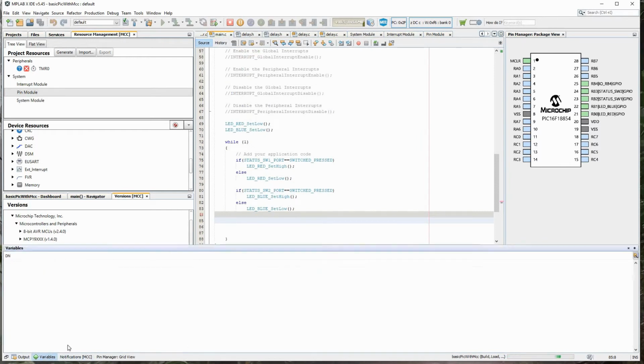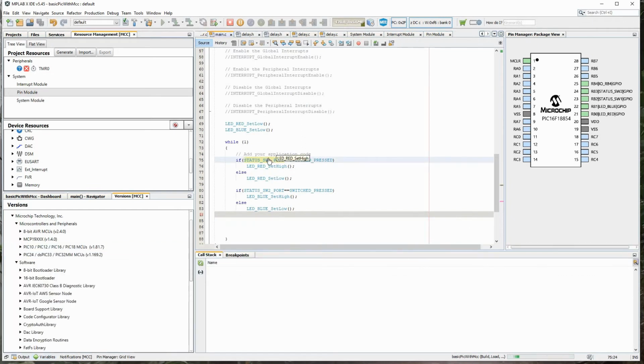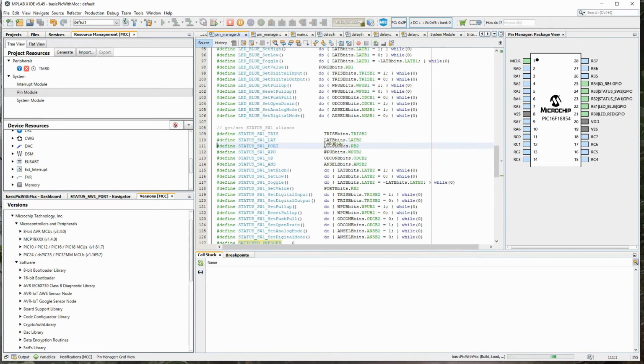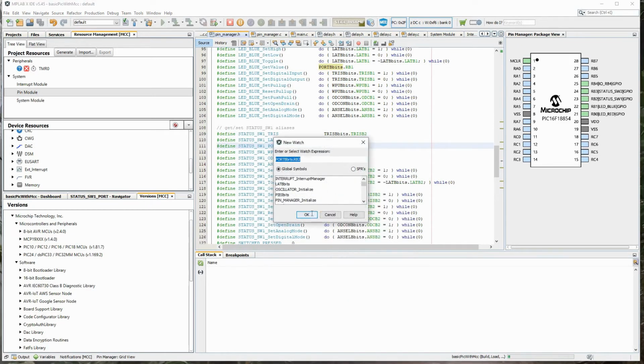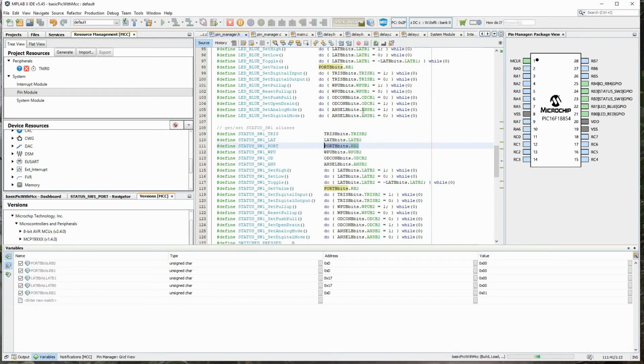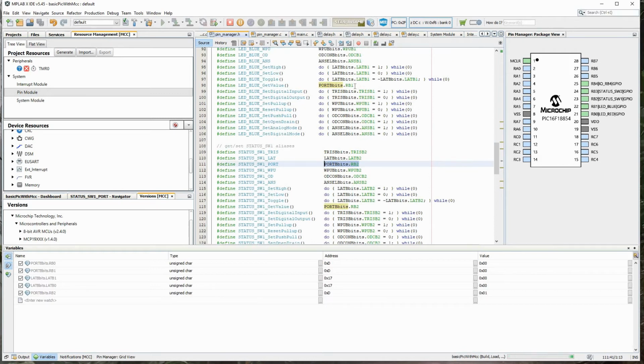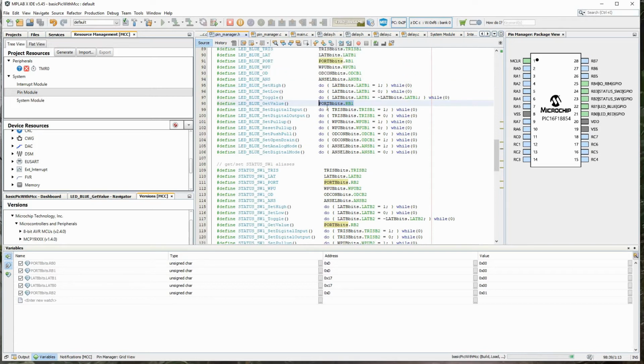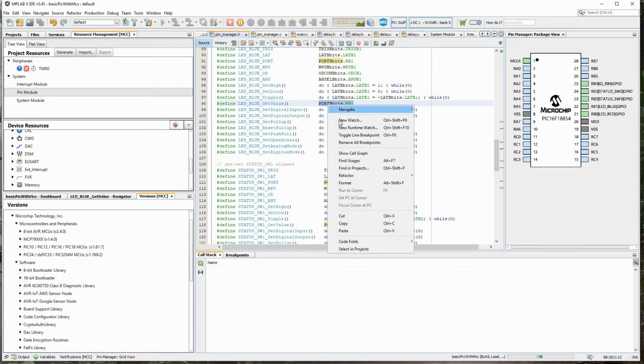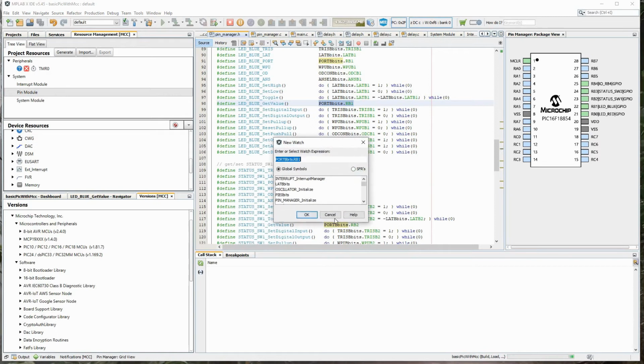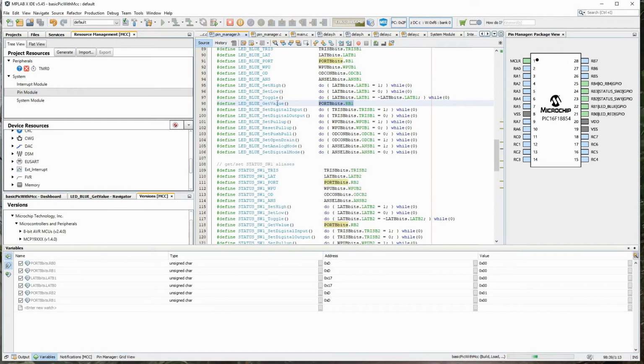The variable list is here. Let's check out the status of these pins also. RB2, let me add a new watch, and RB1 also. Okay, there is a get value.